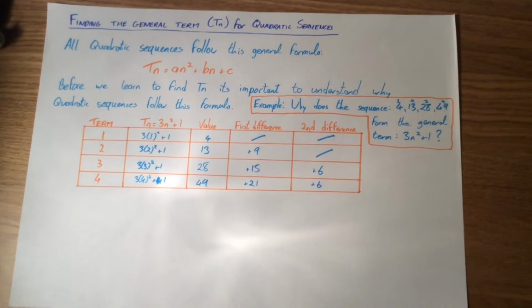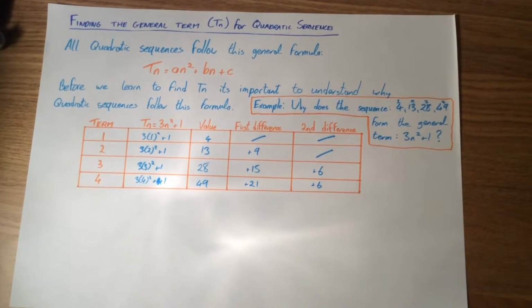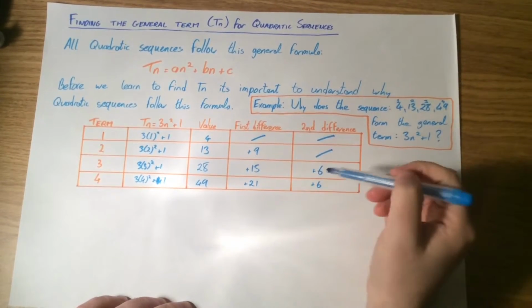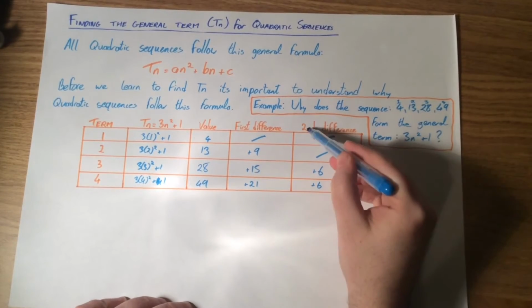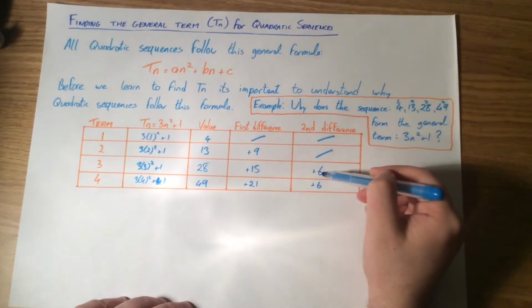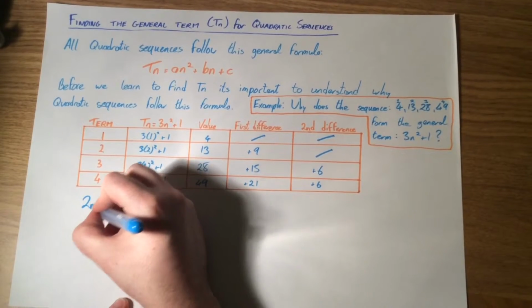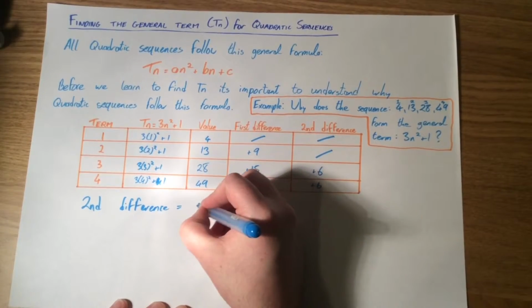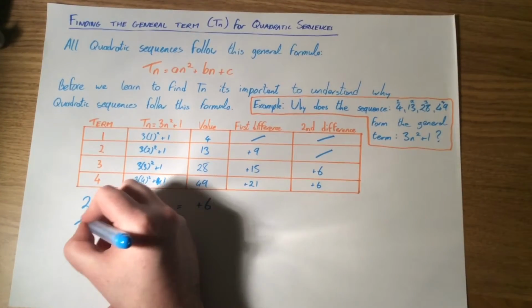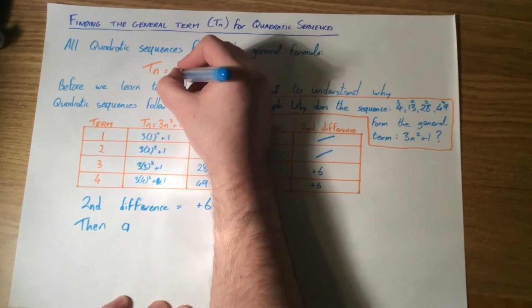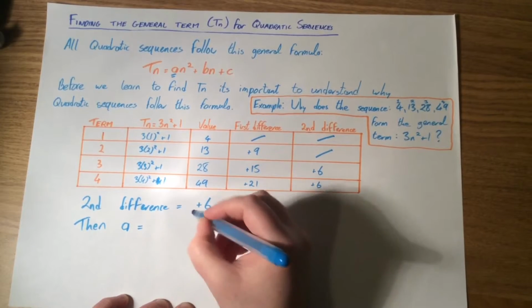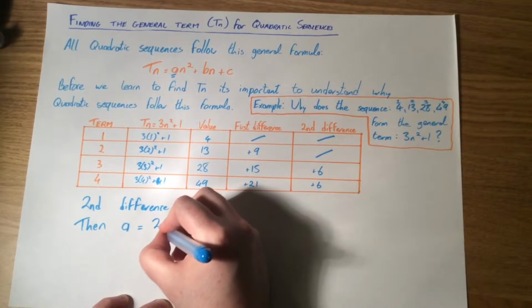We've already seen quadratic patterns, and I just dropped my marker, and I'm back. So we have a second difference of 6. Now this is very important. For all quadratic sequences, if you know what the second difference is, in this case plus 6, then a, which is the number in front of n squared, is always equal to the second difference